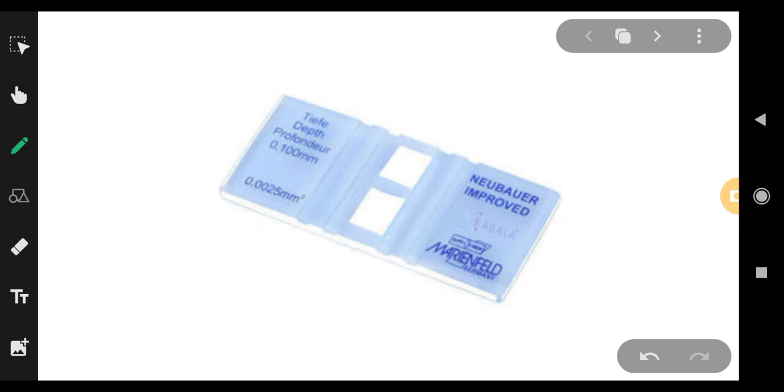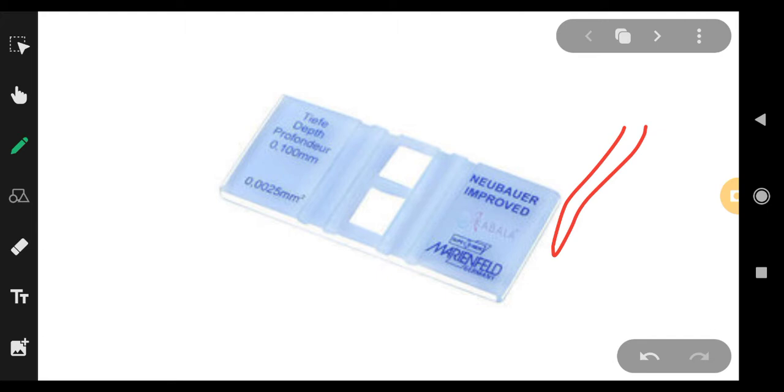So how this actually works is, considering this is a new hemocytometer, this is a slide. What you do is, first of all, you take this slide, you take a micropipette or a capillary, and you fill the capillary with the solution. Suppose you are counting the cells in blood. It is actually made to count the number of blood cells, but you can also use it to count the number of bacteria in a bacterial culture. So whatever solution you want to count the number of cells in, bacterial culture or blood sample or any other sample,